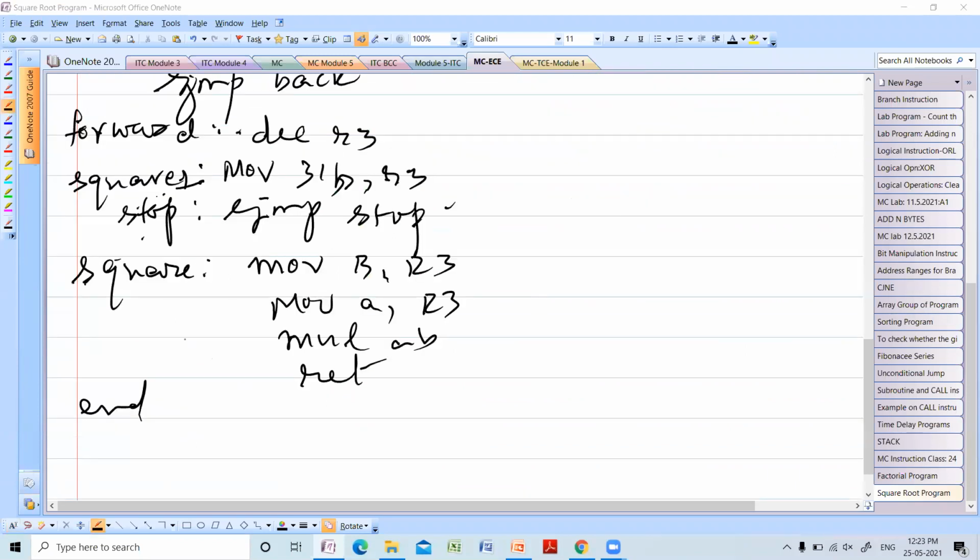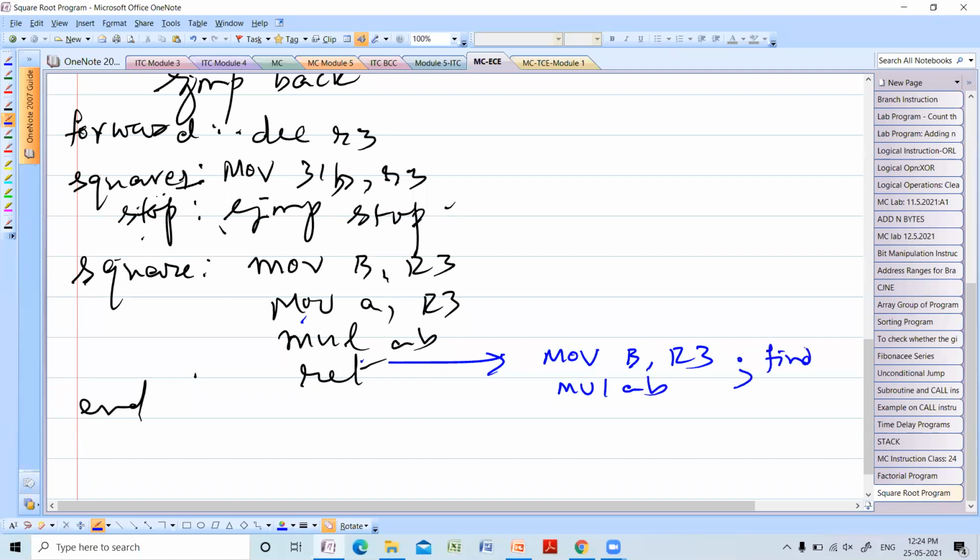The only difference for cube root, I will write in blue color. Same program. So here for cube root, once again the partial product you move to B register. You move R3 to B. Once again find multiply. So that is how you find the cube. Only this is the difference. That's all. You have to find the cube.